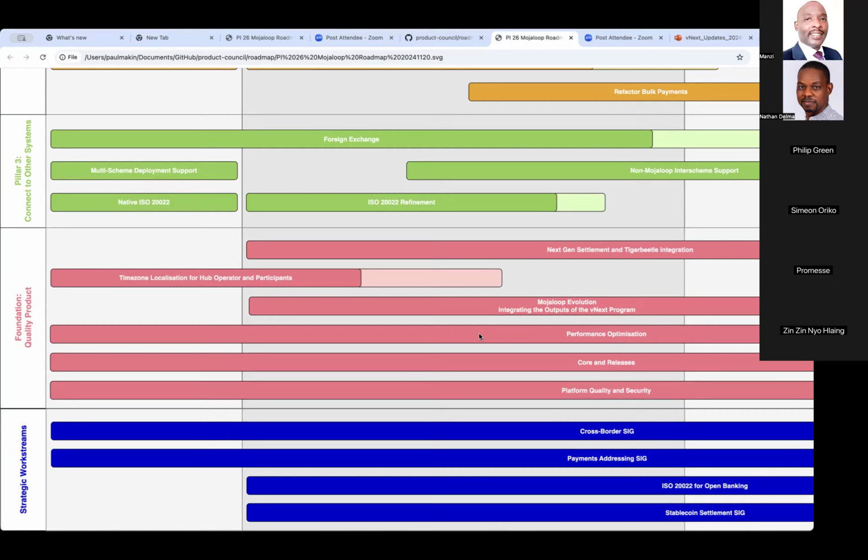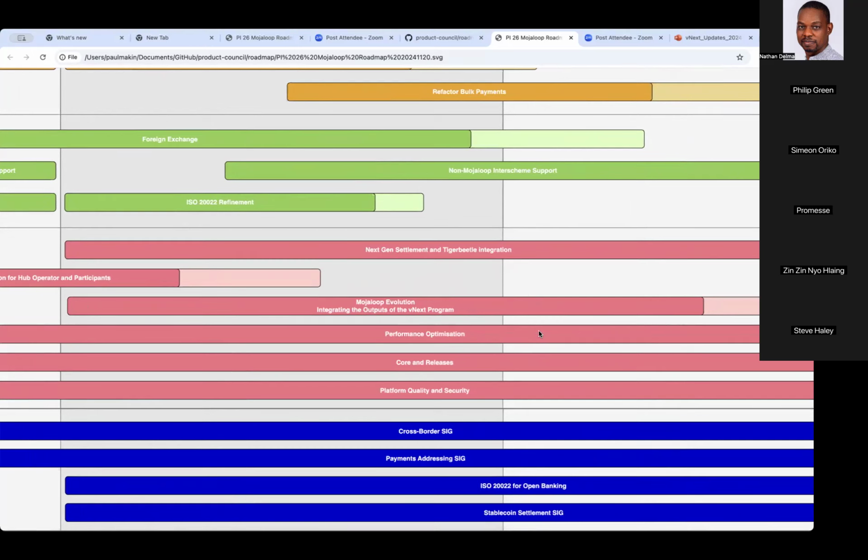look at other deployments and see what performance they're achieving, and essentially look to develop a model of the performance that you might expect from a particular deployment based on hardware that you have chosen and a deployment plan you've chosen. Out of that, we're hoping to produce a white paper, probably by the end of this PI. However, performance optimization is likely to be a work stream that carries on forever.